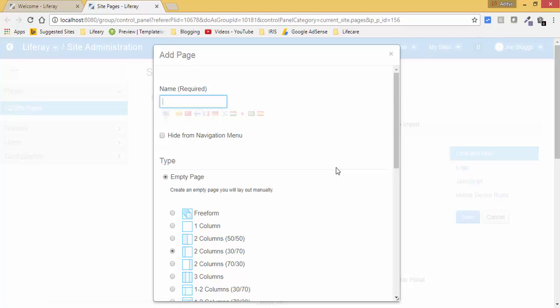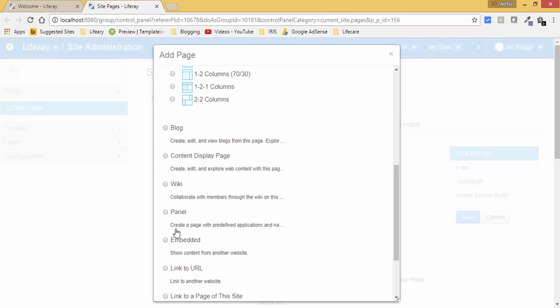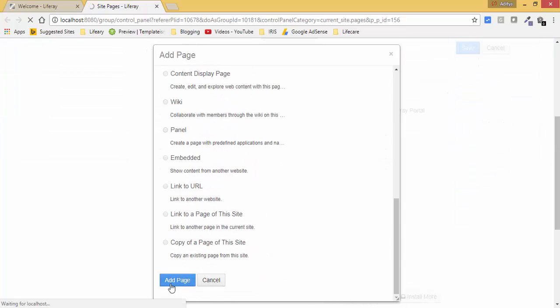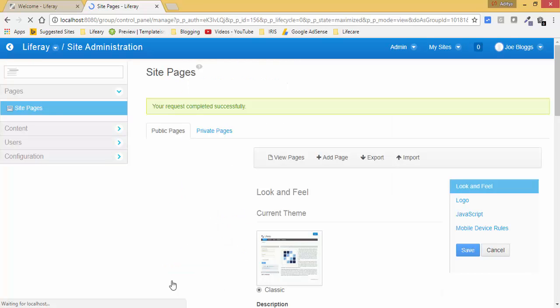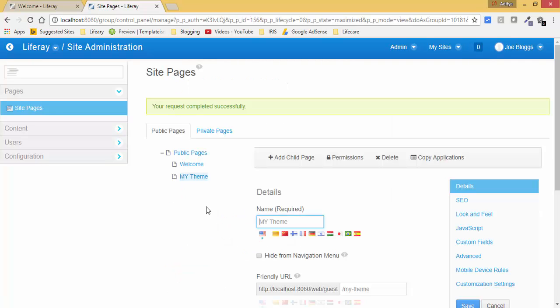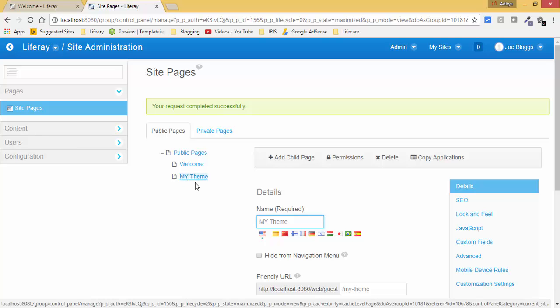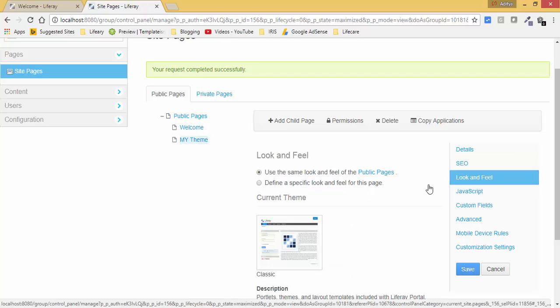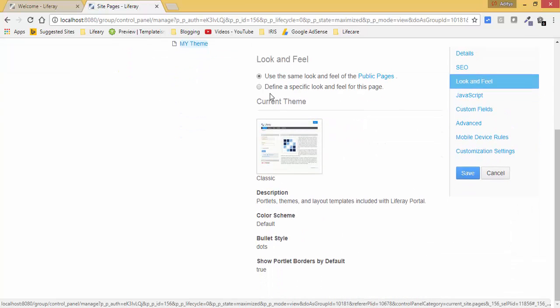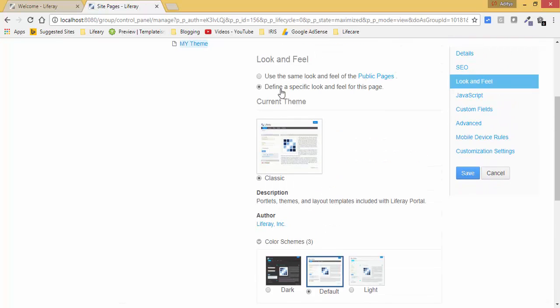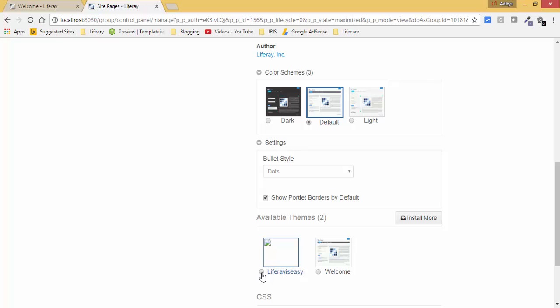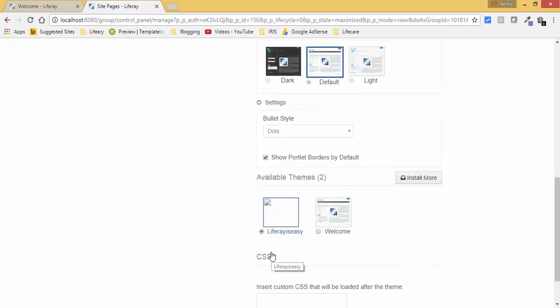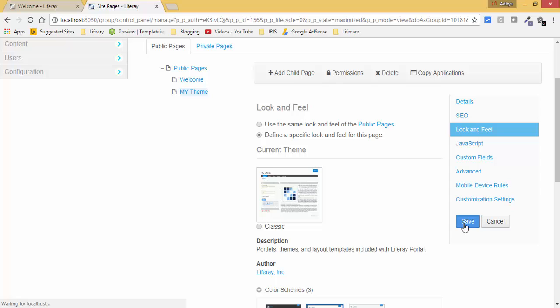Keep it as one column. Now I select this my theme page, and inside look and feel, select define a specific look and then select our custom theme, which is this, and click on save.